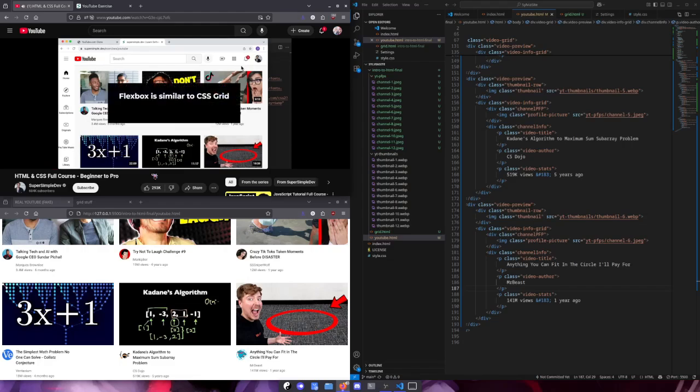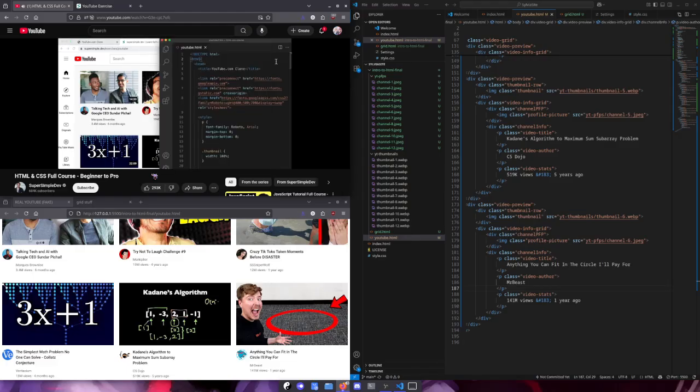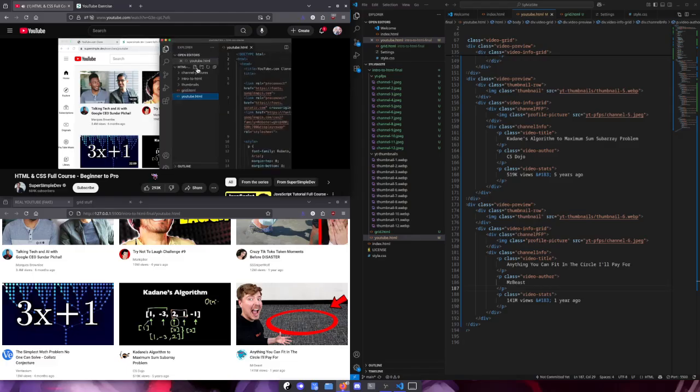So Flexbox is similar to CSS Grid. It can create the same kind of layouts, but it's more flexible. Just like the previous lesson, let's go into our code and create a new file just to practice Flexbox. We're going to create a new file by clicking this icon, and let's call it